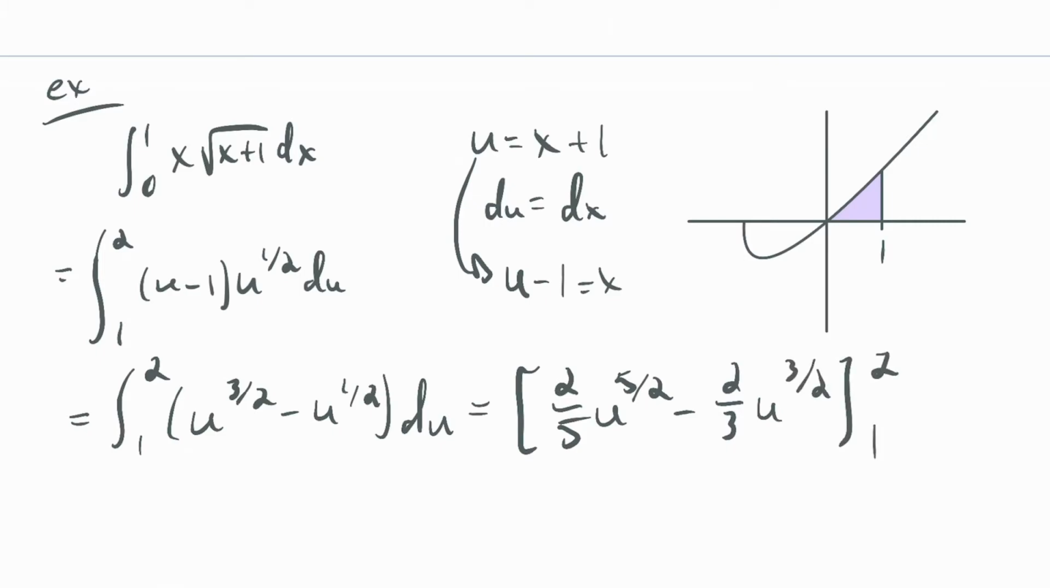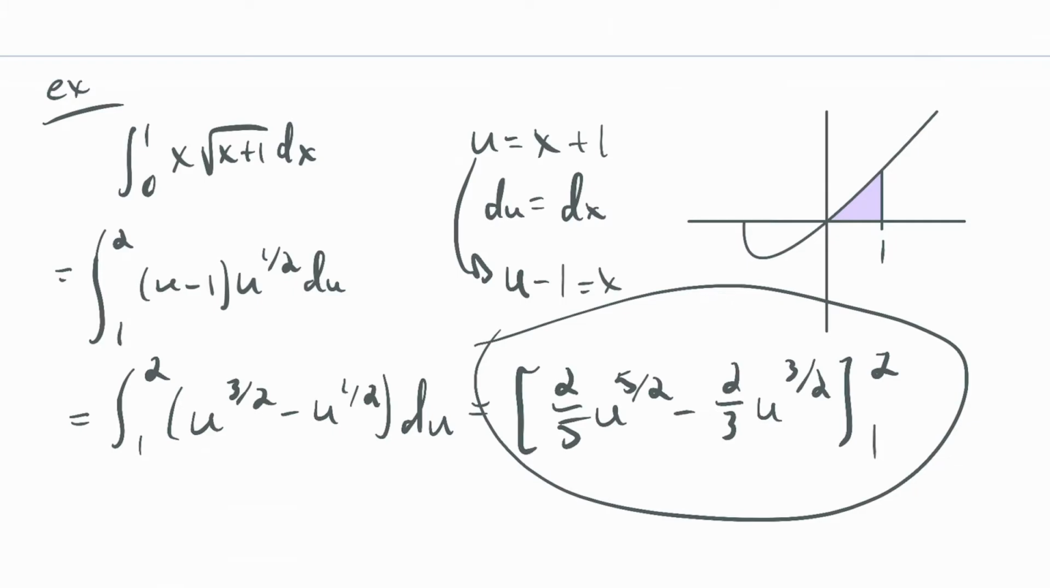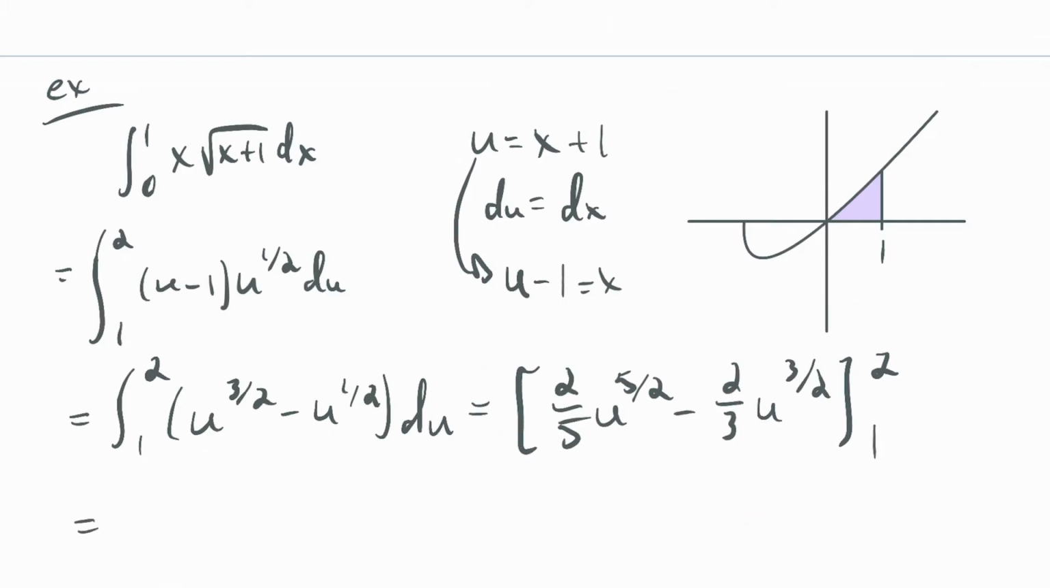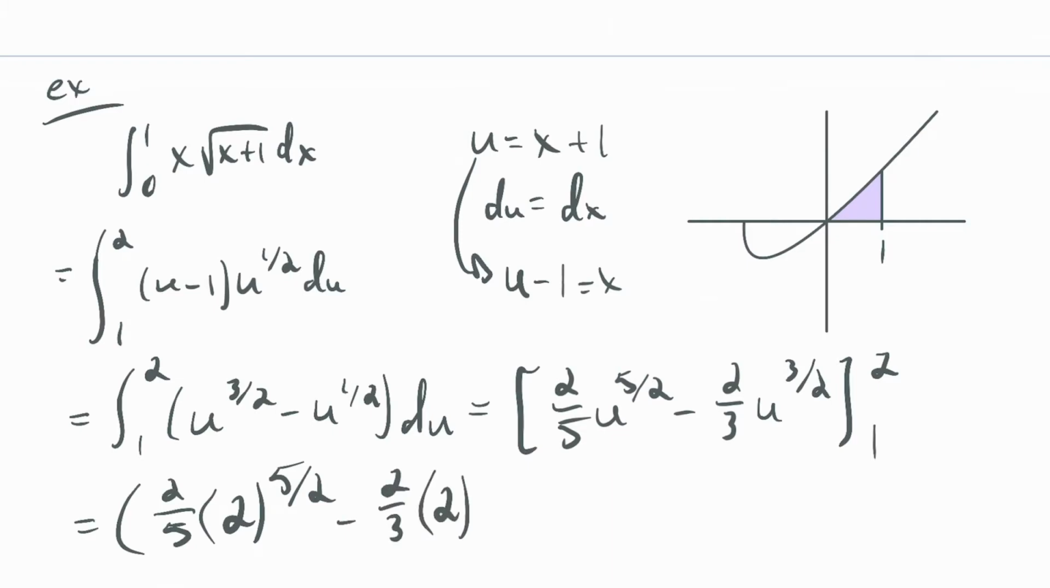Evaluate at 1 and 2. And you might think, okay, now we have to switch back to x, right? No, we don't. We just move forward and use numbers 1 and 2. So this will be 2/5 times 2 to the 5/2 power minus 2/3 times 2 to the 3/2 power minus 2/5